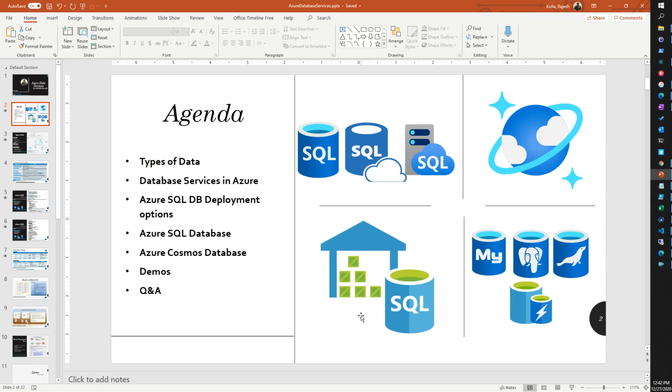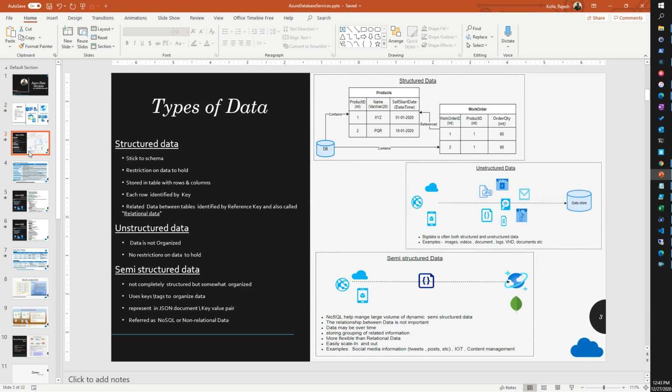We are going to discuss the database services in Azure. Last week we discussed the SQL DB. Just to recap, we can go through the SQL DB quickly, and today we will discuss Cosmos DB and the demos. Last week we discussed the types of data, structured data,